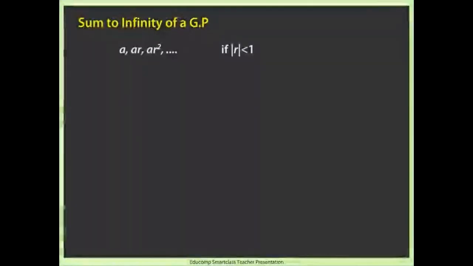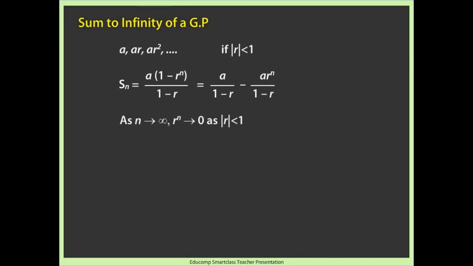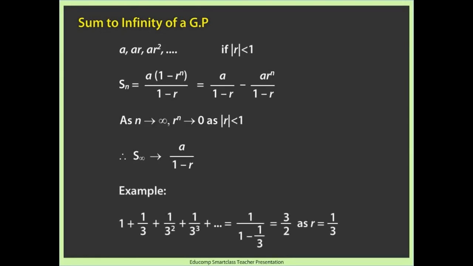Now for geometric progression a, ar, ar square and so on, if mod r is less than 1, then Sn is equal to a into (1 minus r raised to power n) over (1 minus r). This is equal to a over (1 minus r) minus (ar raised to power n) over (1 minus r). As n tends to infinity, r raised to n tends to 0 as mod r is less than 1. Thus, S infinity tends to a over 1 minus r. For example,